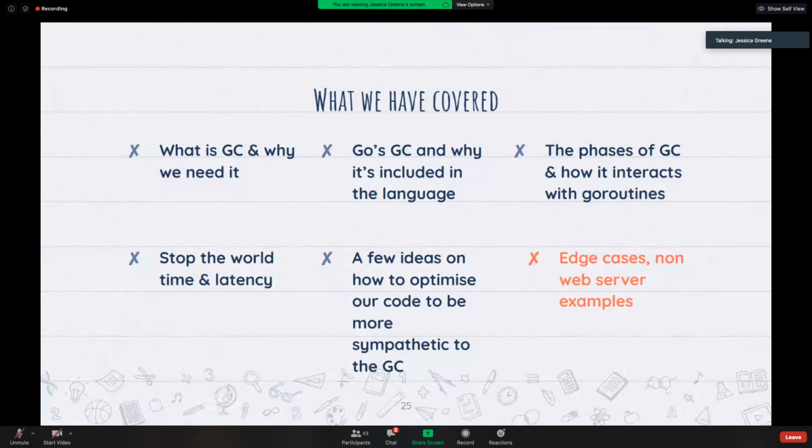Obviously, I haven't included everything. In fact, there are many aspects of this topic. It's a really exciting one to jump into. And I think one of the big things to remember is that this talk is not touching on a lot of the edge cases, and that's something that I would like to spend more time looking into myself. The other thing is I think it'd be really interesting to look a little bit more into the different types of algorithms, because as I mentioned earlier in the talk, Go has chosen this one specific algorithm to work with and optimize on top of, but there are other ones out there.